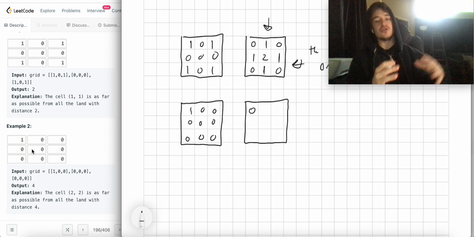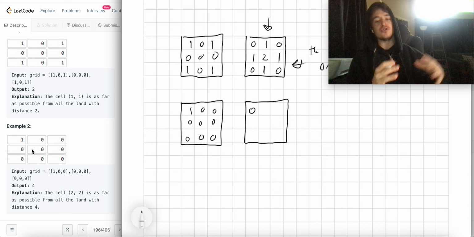So we have a 0 here. This 0 is 1 away. This one is 1 away. This one is 2 away, 2 away, 2 away. This one is 3 away, 3 away. And finally, this one is 4 away, because in order for this cell to get here, it has to travel up 1, 2, so 2 vertical and 2 horizontal. So then the maximum distance for the nearest one is found at this grid cell here